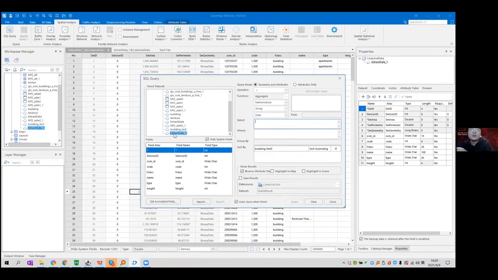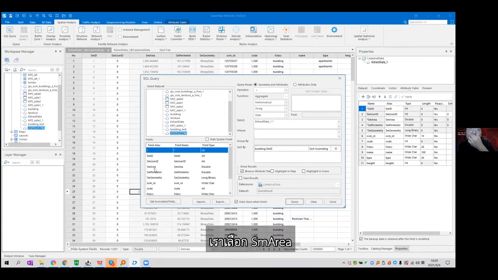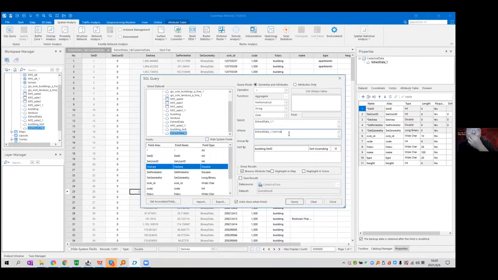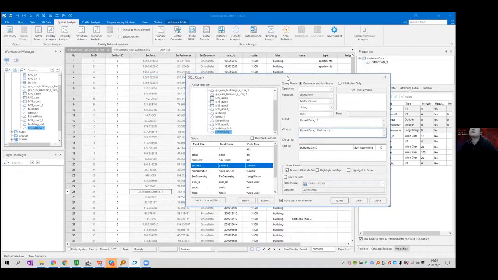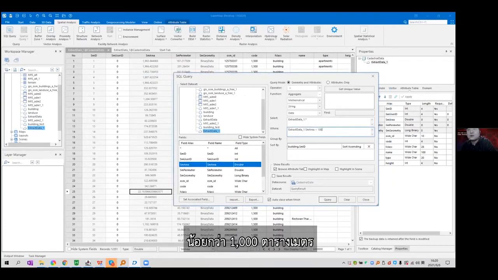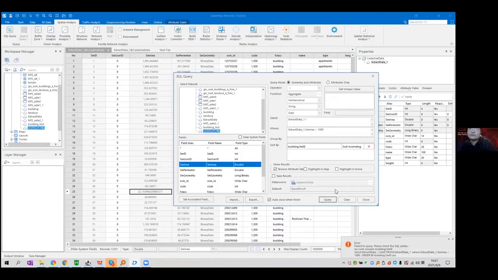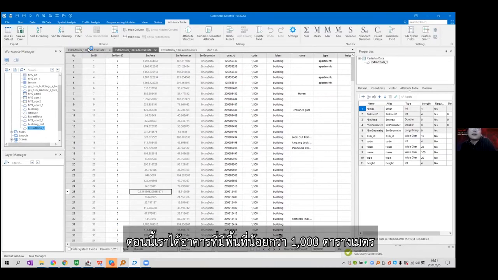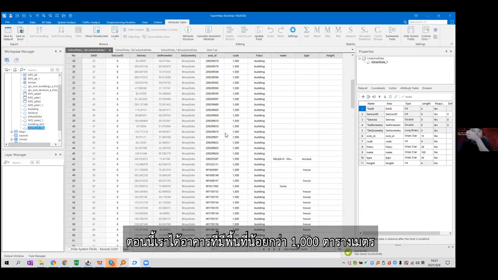To collect, select from extract data all, and where, here we can choose the SM area less than, how about if it's 500, less than 1,000 square meters, then we can query them out. Sorry, this one query, yeah, and now we can get all of the buildings